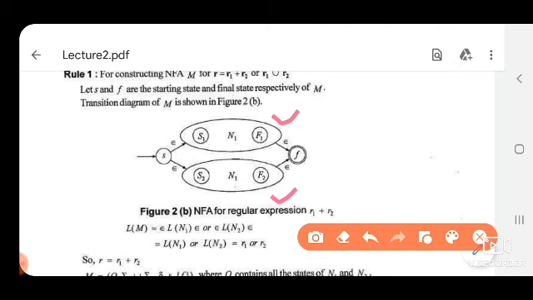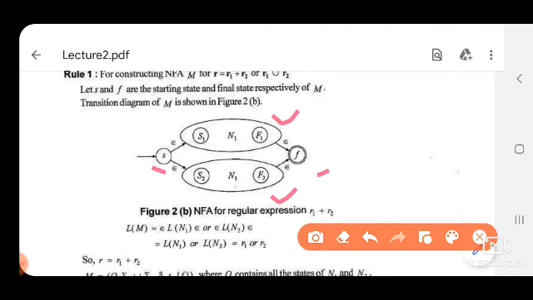So we have taken two additional states, S for the starting state and F for the final state. From S we join both the NFAs N1 and N2 by using a null transition. Null means we can reach from S to the initial state of N1 without any symbol.